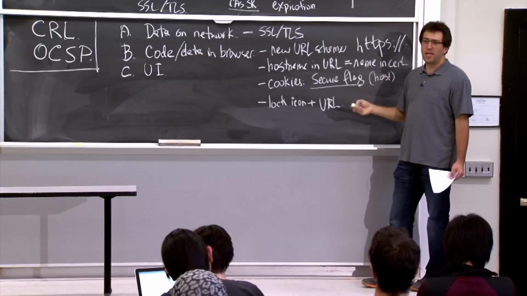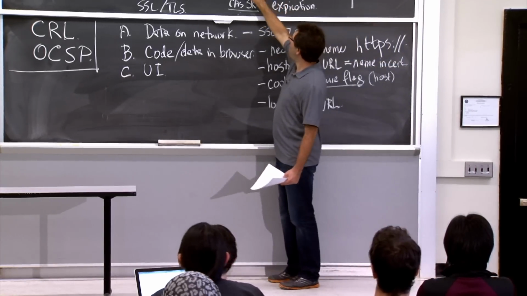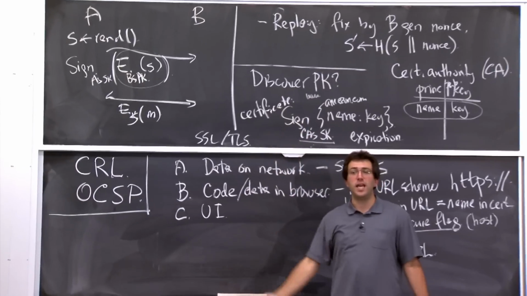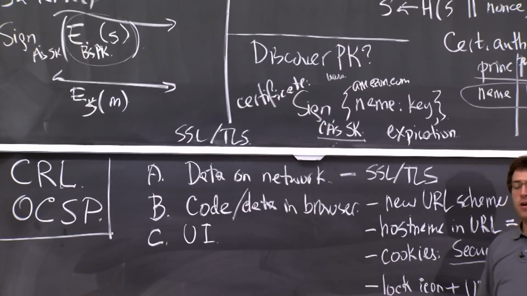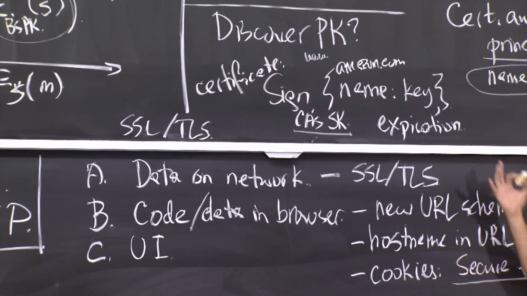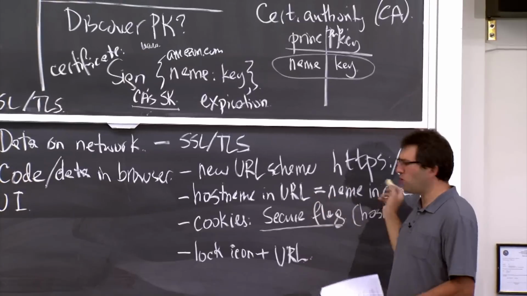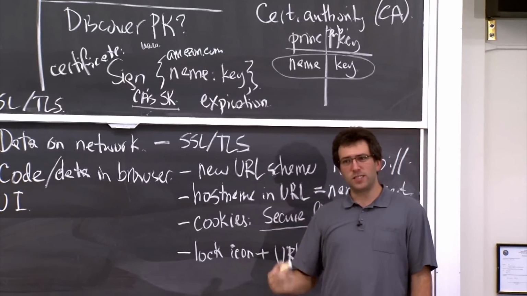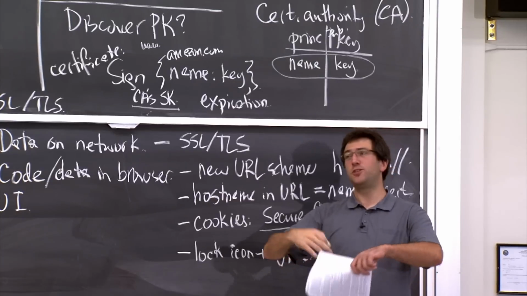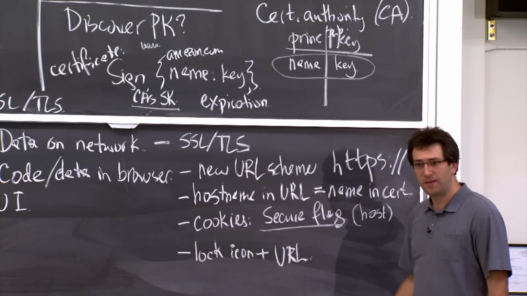Also for host names, it might be the case that your website has many names. Like for Amazon, you might connect to Amazon.com or www.amazon.com or many other host names. And if you're not careful as a website operator, you might not know to get certificates for every possible name that your website has. And then a user is stuck saying, well, the host name doesn't look quite right, but maybe let's go anyway. So this is the reason why web browsers allow users to accept a broader range of certificates than these rules might otherwise dictate. So that seems a problem.